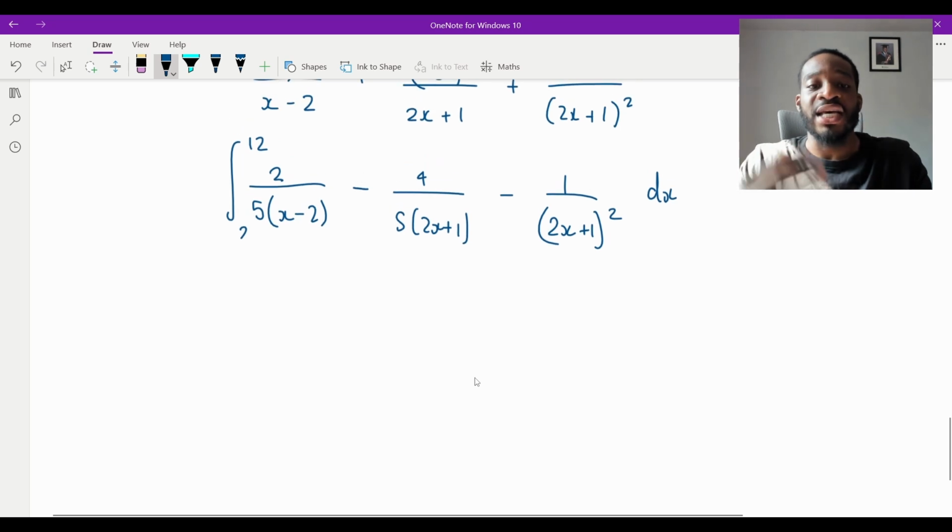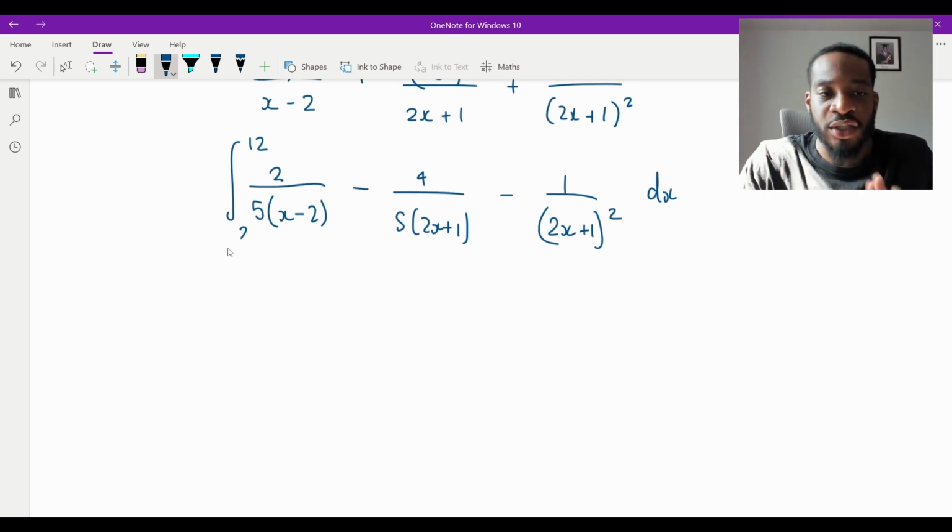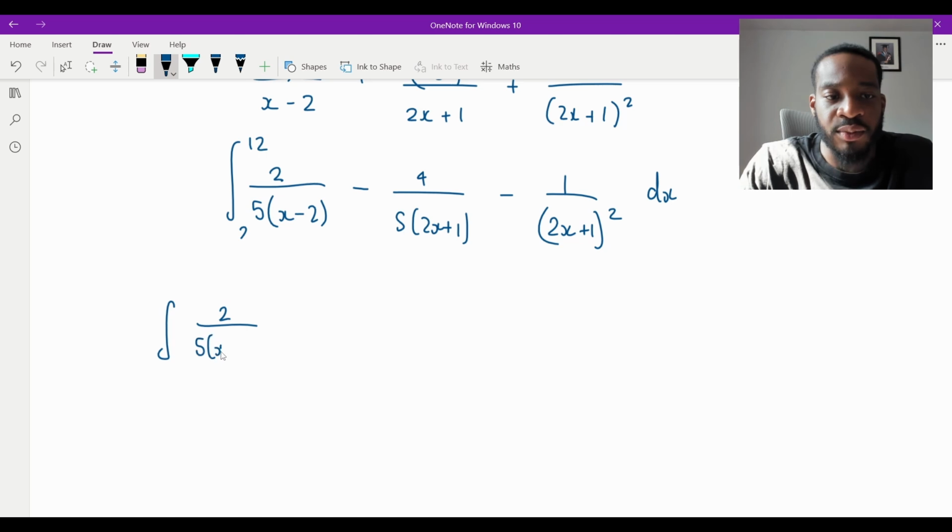Well, what I would do is I would integrate it term by term. I mean, you're going to have to do that anyway, but I'll just literally separate them. So the first integral is 2 over 5 and then x minus 2 dx. Now, to be honest, I have put it in this form, but I can actually go a step further. I can take that 2/5 outside the integral, because it's just a constant, and you'll see why in a moment. If I do it like that, I'm going to have 1 over x minus 2